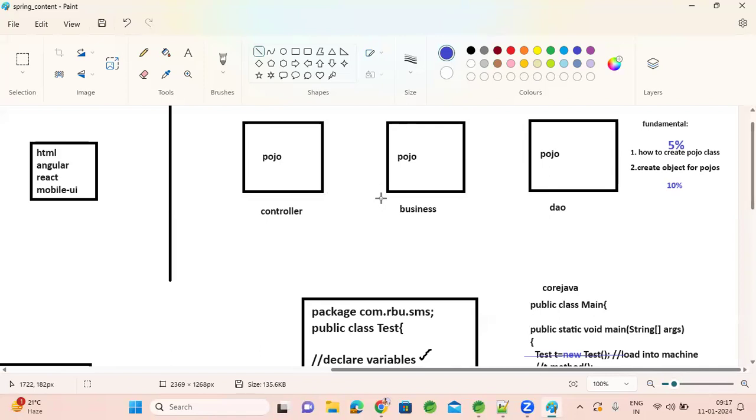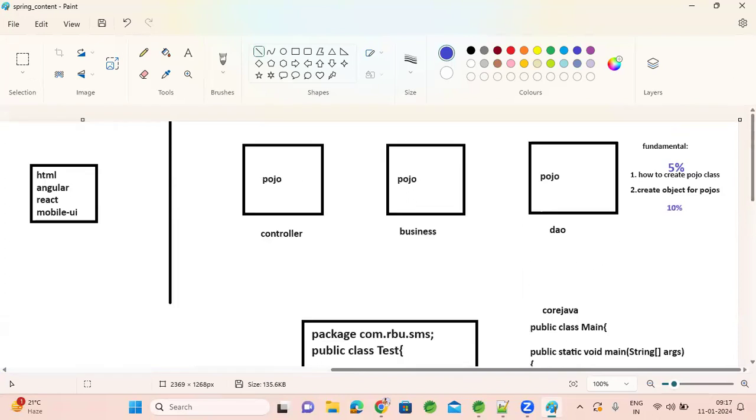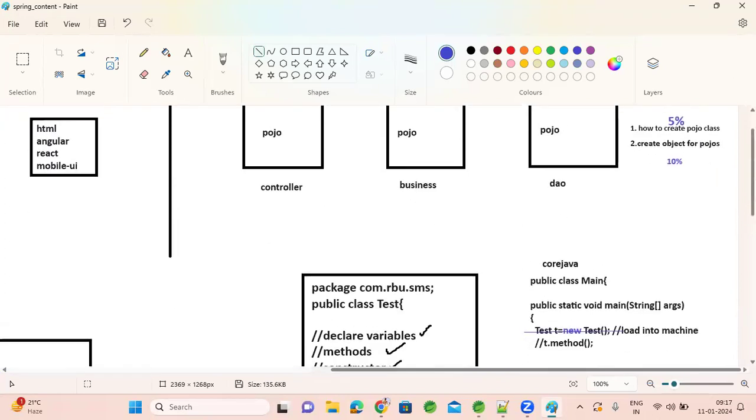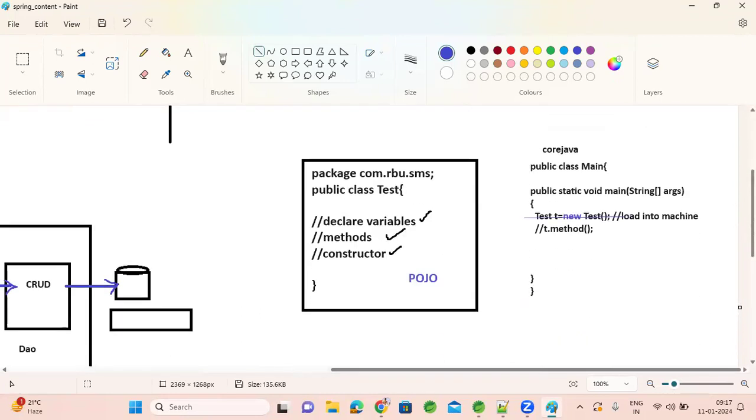Without using Spring, if I implement a lot of code, for the same code you need to spend 30 days, whereas if you use Spring you may finish it in 1-2 days. So it's your choice whether you want to go with Spring or not. Not your choice, your team's choice. If your team decides that Spring is not required, then your budget will increase from 10 lakhs to 10 crores.